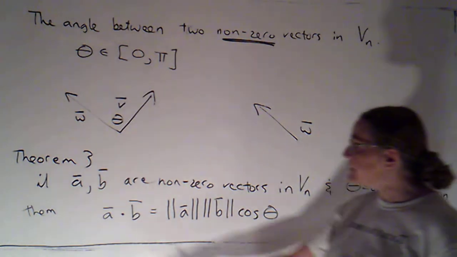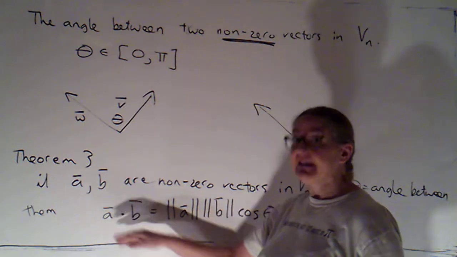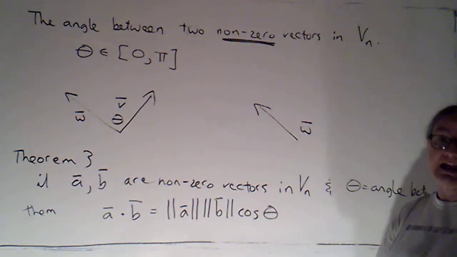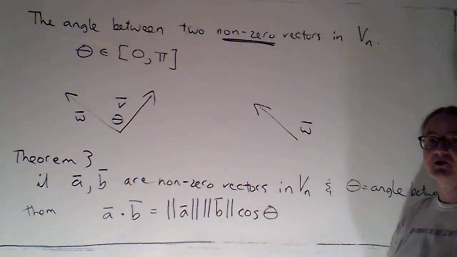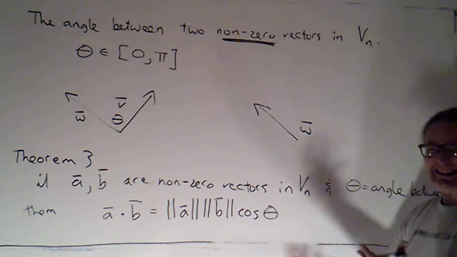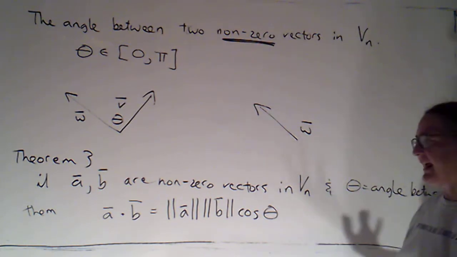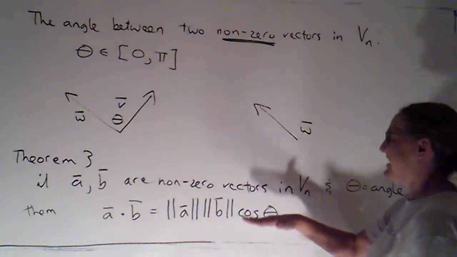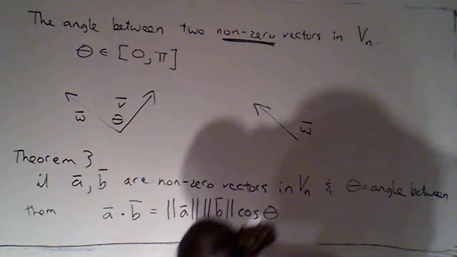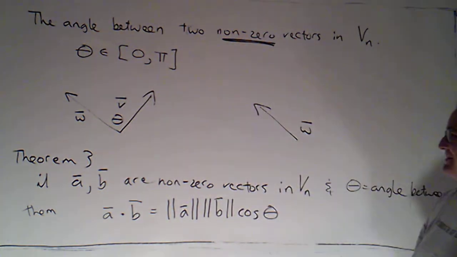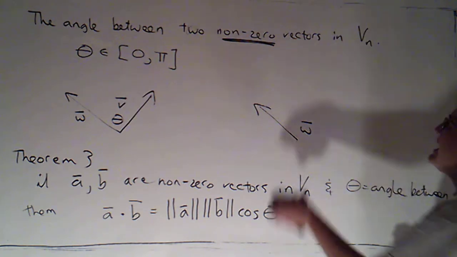So the dot product is going to be very useful in helping us to calculate the angle between two non-zero vectors, but by itself it isn't that angle. It isn't a trig function of that angle. It's the result of taking cosine of that angle and multiplying it by the 2 magnitudes. Okay, so